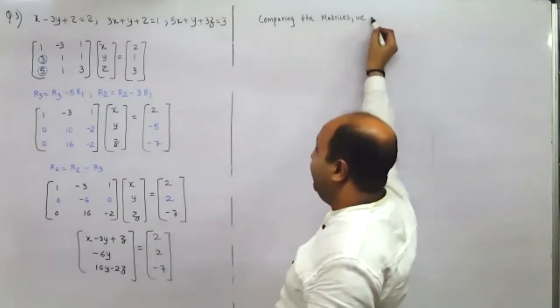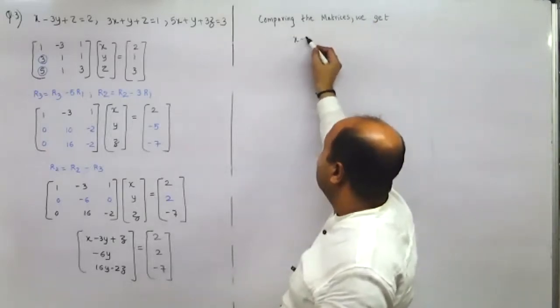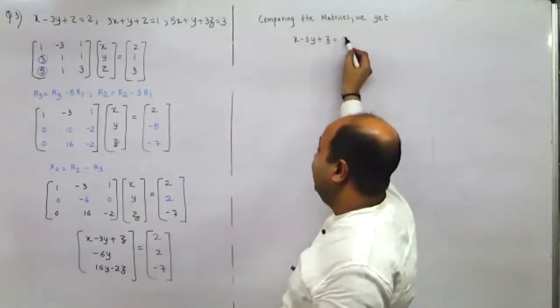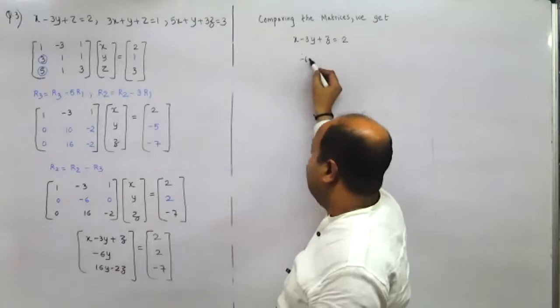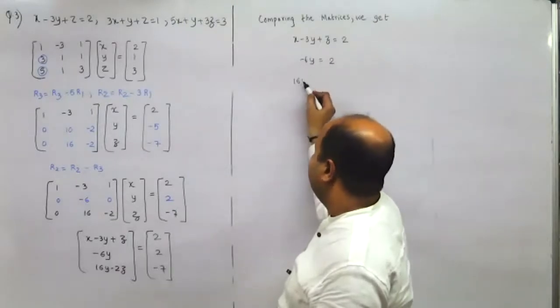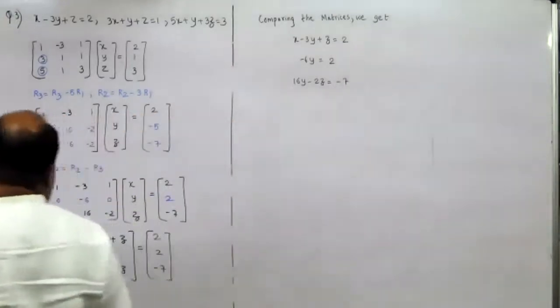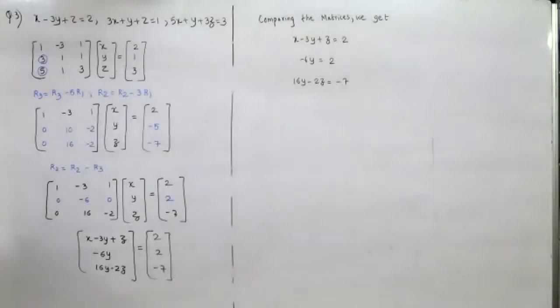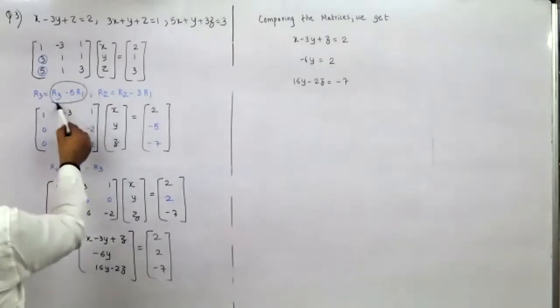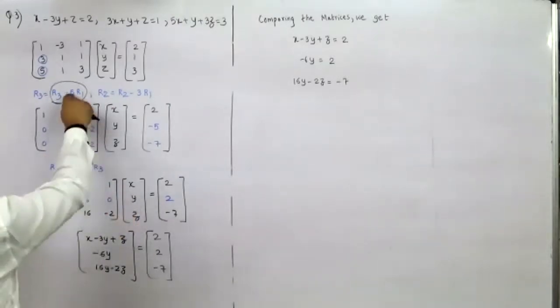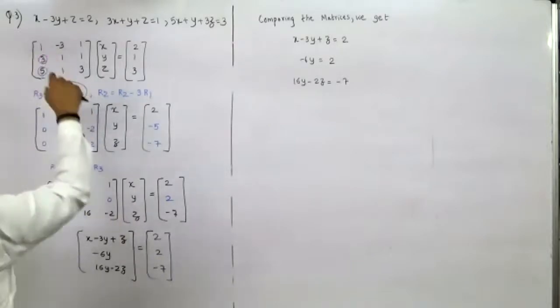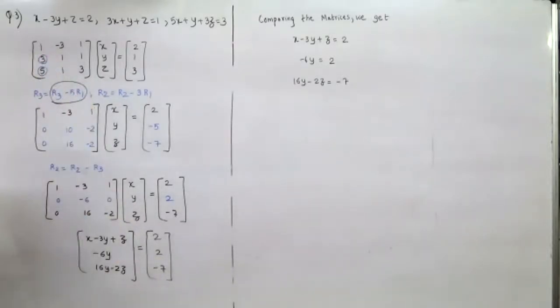Sir, in that case it is 5, then why are we subtracting 6 R1? I didn't get you. What did you say? Sir, in the first step, the element of the first row and third column is 5, then why do we subtract 6 R1? So first we did R3 equals R3 minus 6 R1. So it should be minus 5 R1. Okay, sir, this is 5. So minus 5 R1. If this had been 6, then minus 6 R1.